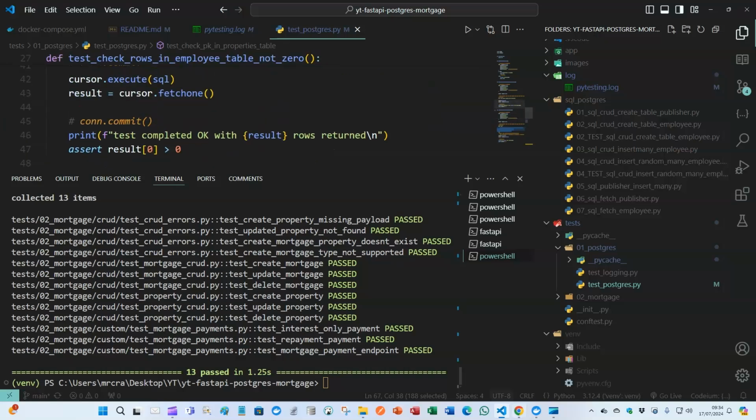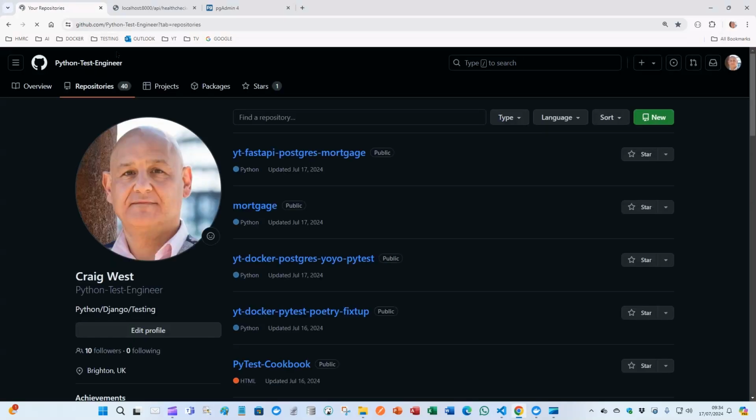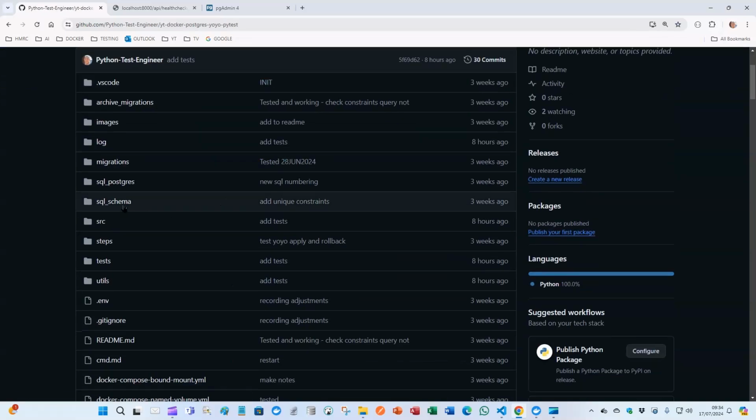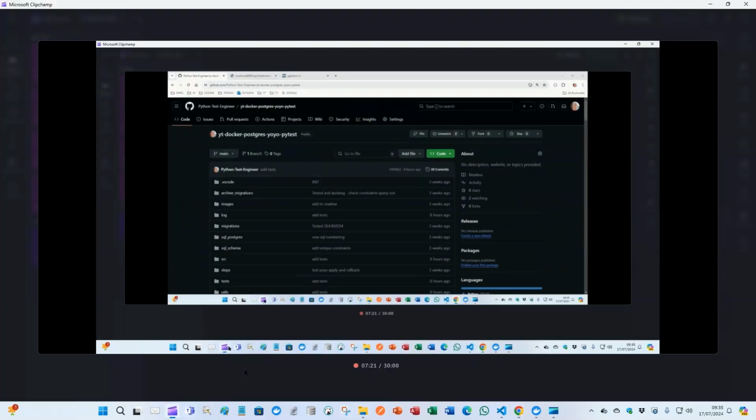And I've also got that shown when we go to the GitHub. If you have a look at Yo-Yo PyTest, this one here, we will do a lot of those kind of tests in this particular video series, Postgres Yo-Yo PyTest, where we check for quite a lot of different structural properties of our database in SQL. So I hope that kind of gets you feeling that